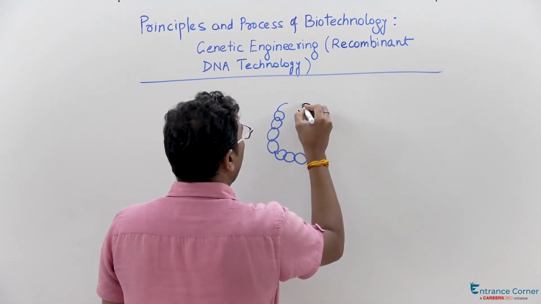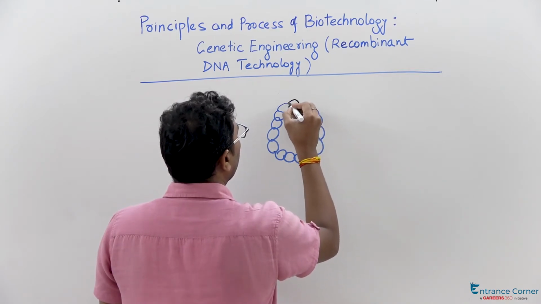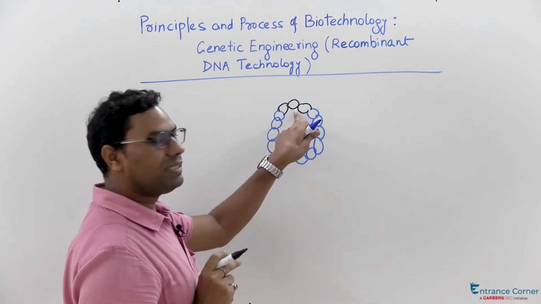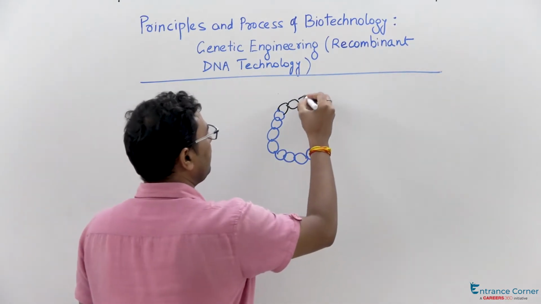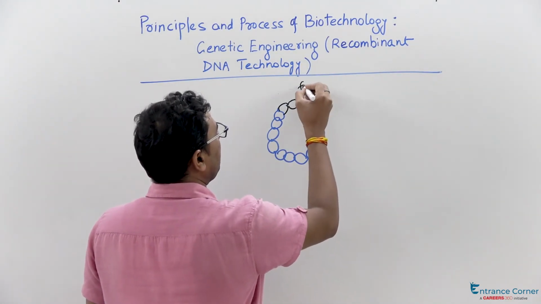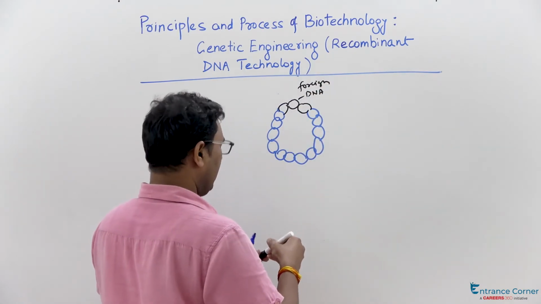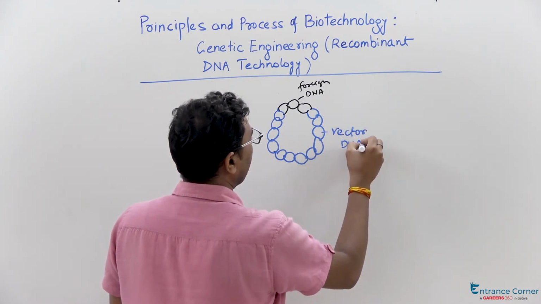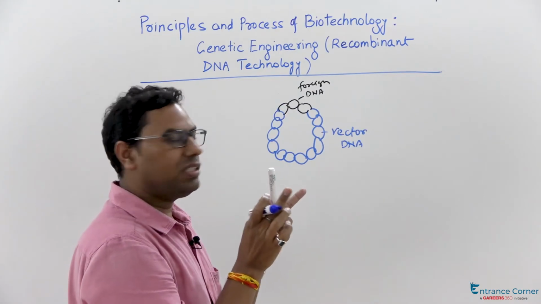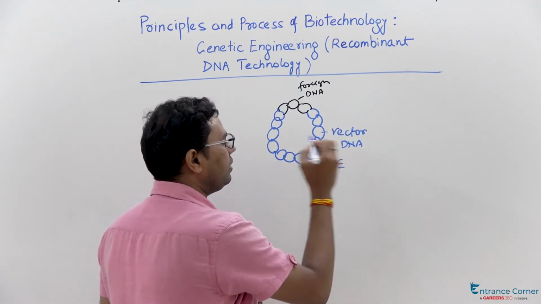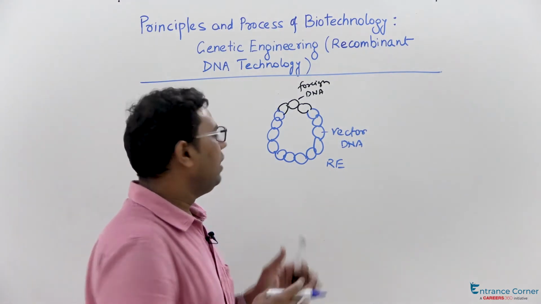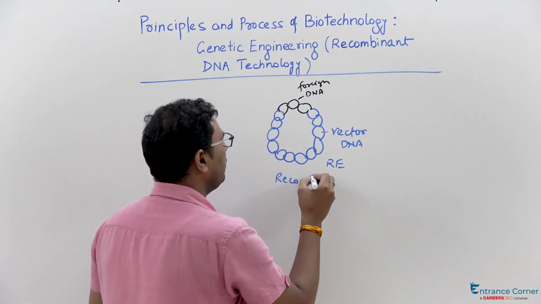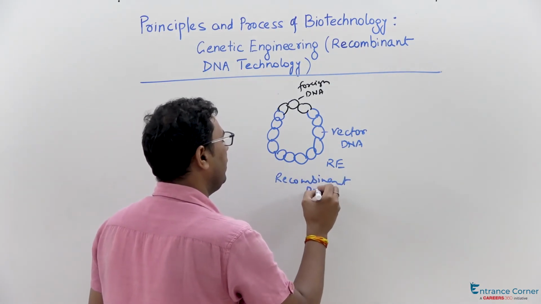So you see that suppose this was our DNA of interest that was inserted into this foreign DNA, and this is the vector DNA. This insertion was made with the help of a specific restriction endonuclease. Once it has been made, the insertion is completed. This is called recombinant DNA. Now this DNA